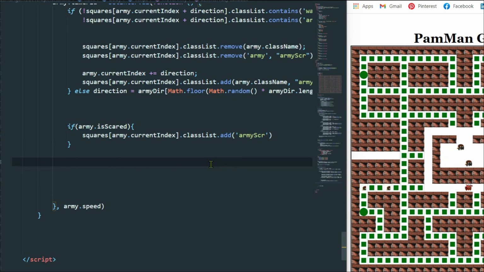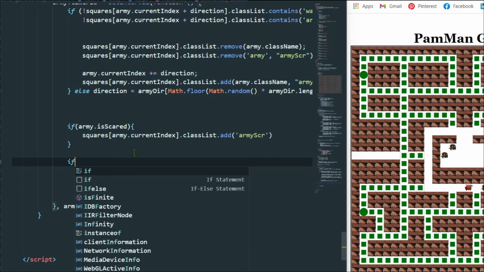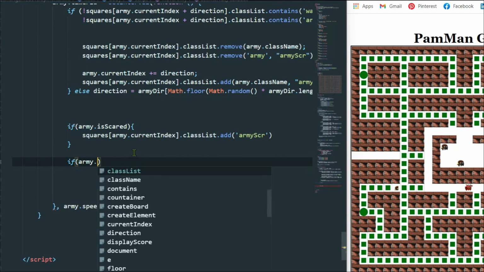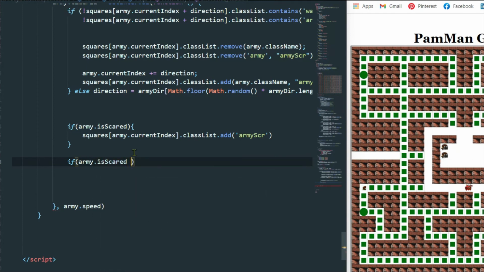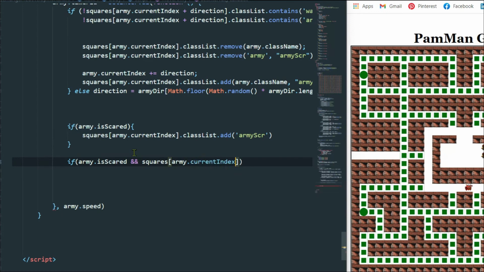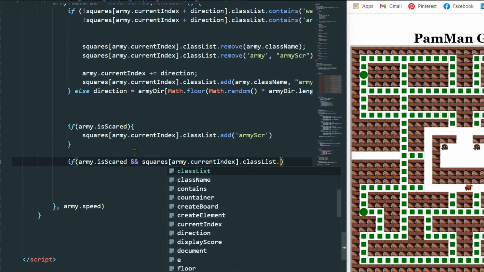Now I have to write the function and define that when our Pacman contains an army index, so any one of the army indexes, and at that particular time our army is scared, then what I want to happen. At that time I want to increase the points, I want to play the music, and I want to reset the army index to the starting index, and I want to provide 100 points for that. So let's write the function for that. So I'll call it an if statement. Again I will take, and at first I will say if army dot isScared, if it's scared. So this is the first condition, and the second condition is square army dot current index